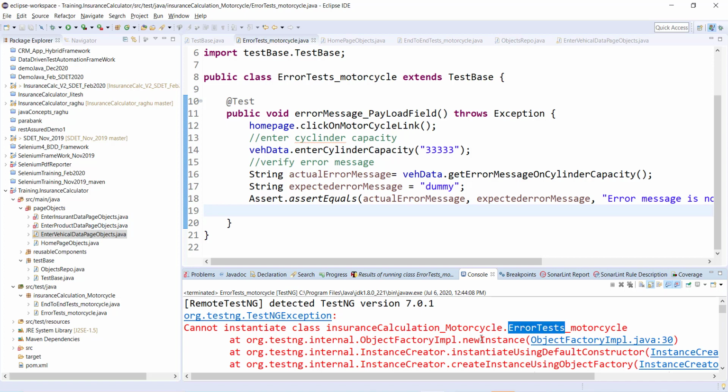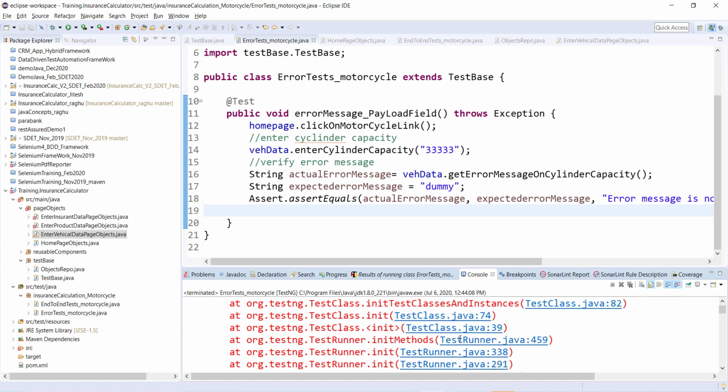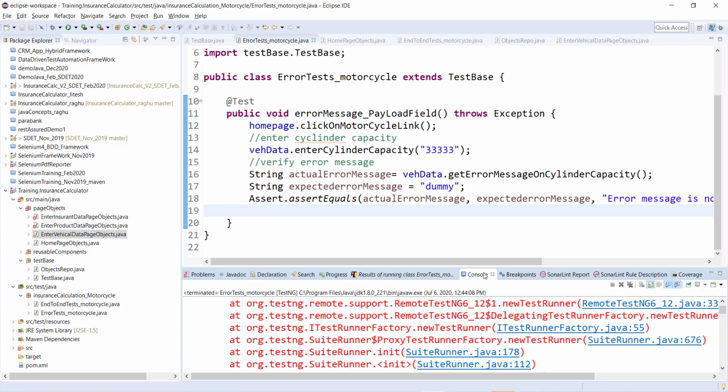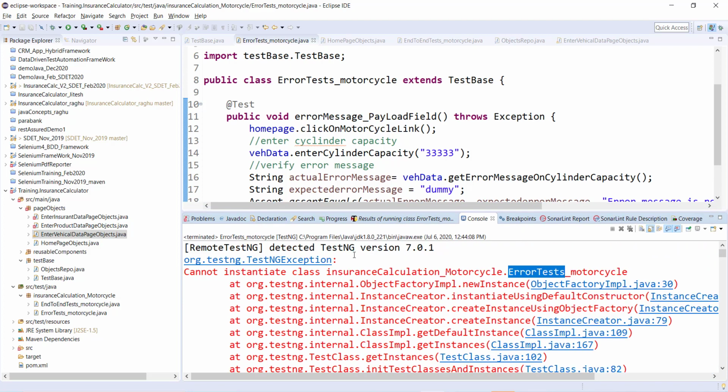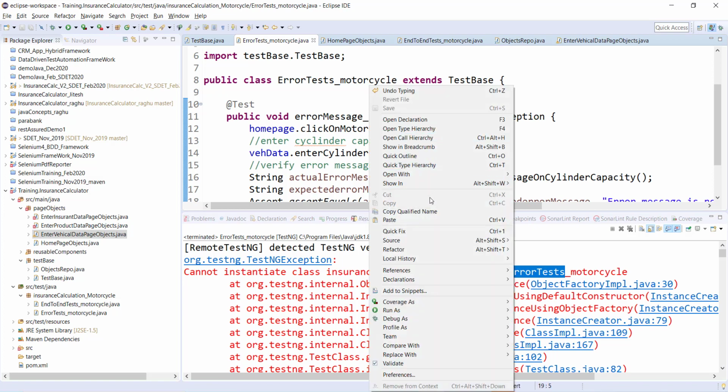Okay, give me a minute. Why are we getting this error? Cannot instantiate the class. Okay, did I ask to instantiate? No,